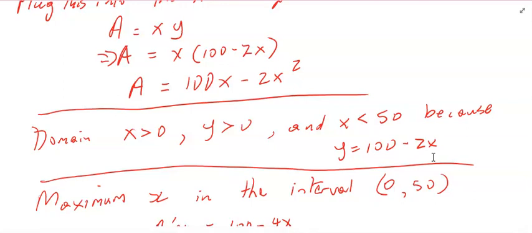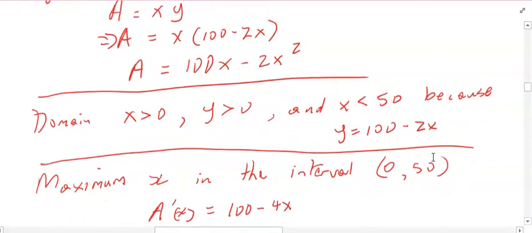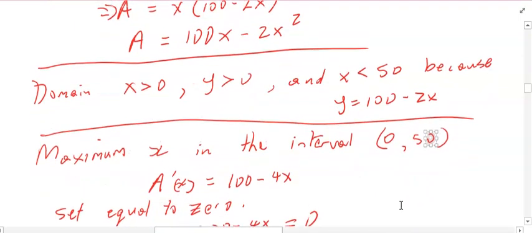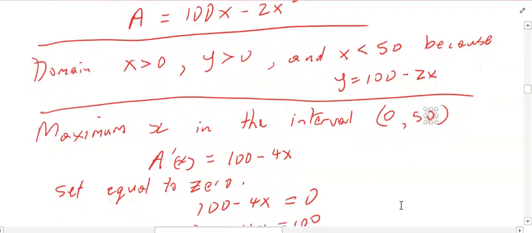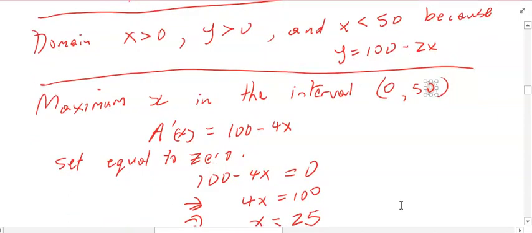In order to maximize this area, we take the derivative and we set it equal to 0. A prime of x will be equal to 100 minus 4x by our power rule. Setting this equal to 0, 100 minus 4x equals 0, implies 4x equals 100, and therefore x will be equal